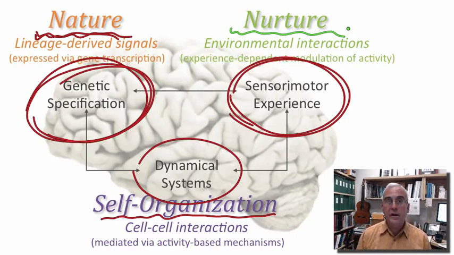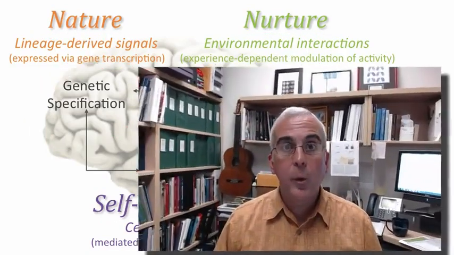Okay, well, with that as a broad introduction, let's talk about some of these mechanisms that pertain to genetic specification and self-organization in early brain development. Mechanisms that will shape the growth and the viability of neurons and their connections in the developing central nervous system. Well, the first set of mechanisms that play out establish polarity in the developing neuroblast. Now, you'll recall that the neuroblast is derived from an epithelium, and all epithelial cells acquire a polarity. That is, there's an apical surface and a basal surface to their cells.